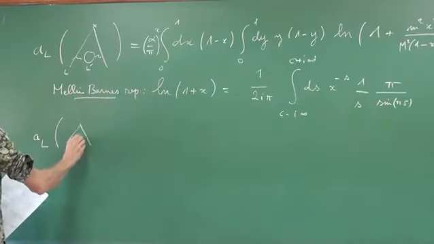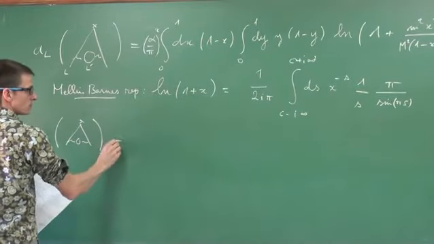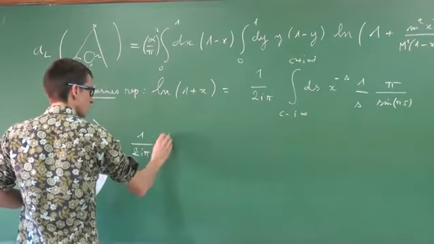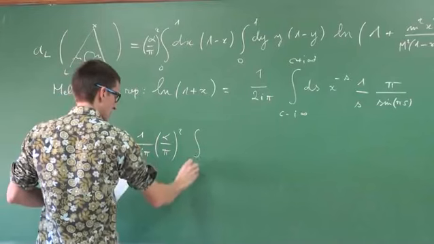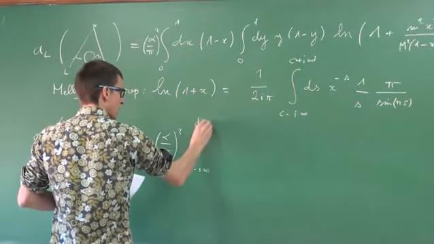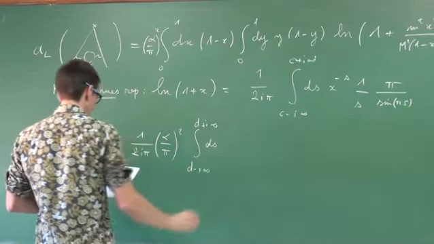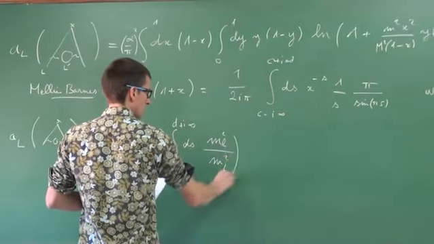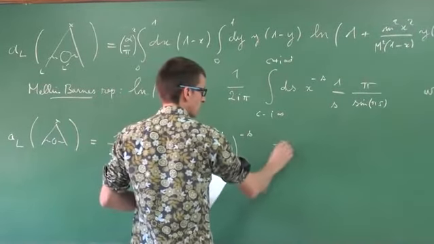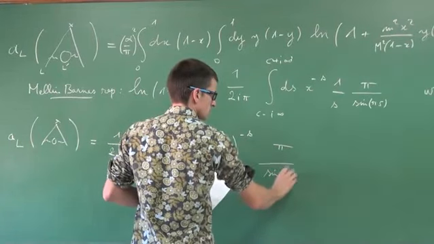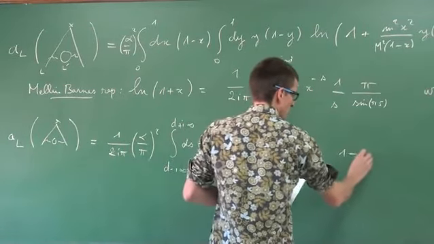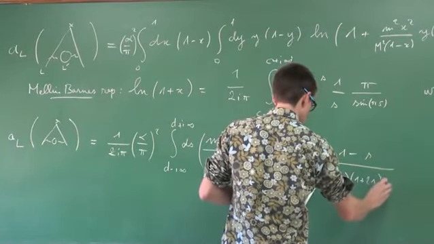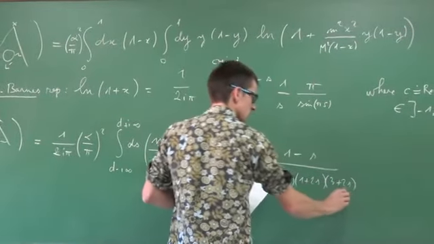Rewrite this as a different integral: minus s divided by the sine of pi s squared, times 1 minus s divided by 2 plus s, times 1 plus 2s times 3 plus 2s,